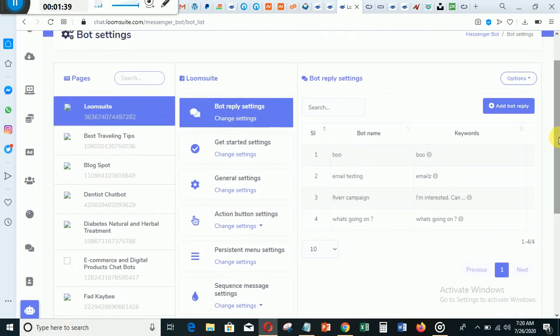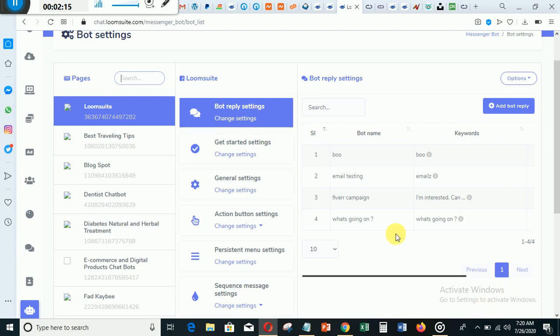So there are two messages you can send as a reply to the person that dropped their email. Number one message is the email that you are going to send to the person. Number two message is the Messenger reply, since the person is relating with your Messenger bot. I'm soon going to show you in some other videos how this will work. I'm going to demonstrate it. So what is going to happen is this.